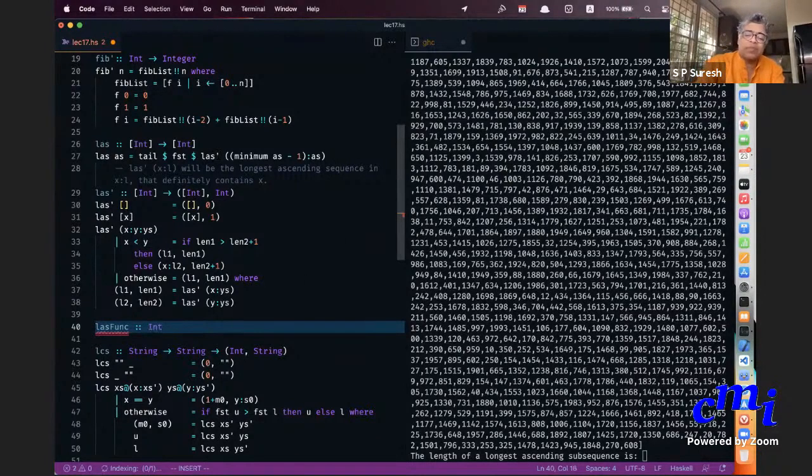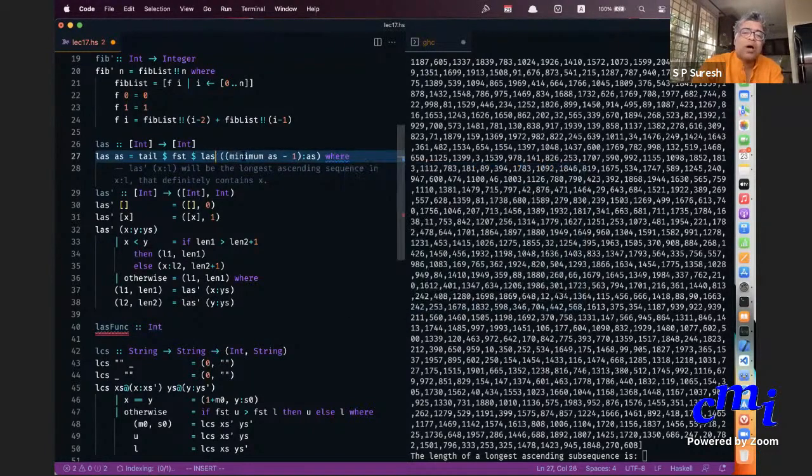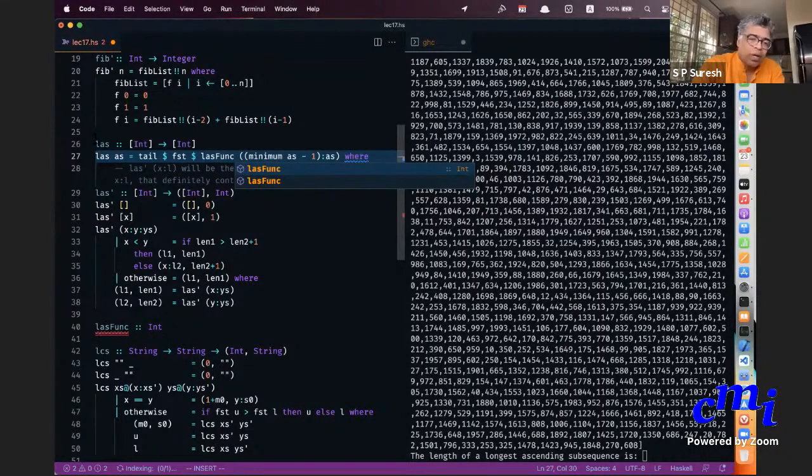So instead of calling LAS prime, I'll call the LAS function. I'll comment out this whole version and start a new version.